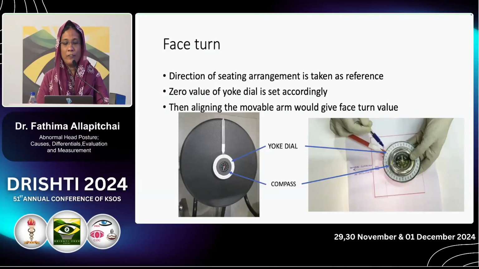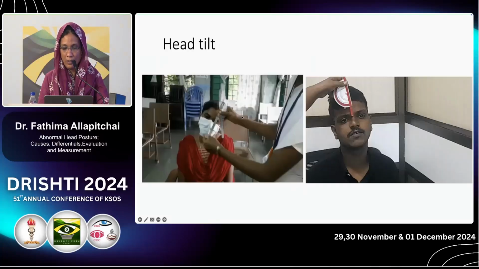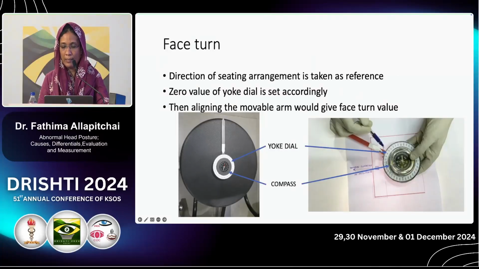And for a face turn, we cannot go with gravity, that clinometer, so we have to take some other reference arm. So what I have done is, this compass we have put in the center. And we have fitted one yoke dial around the compass, so that